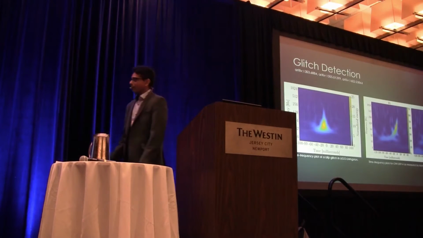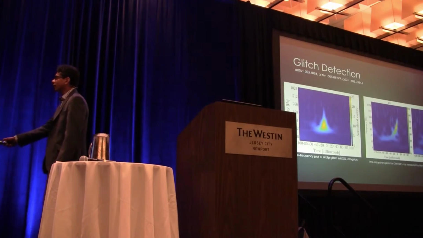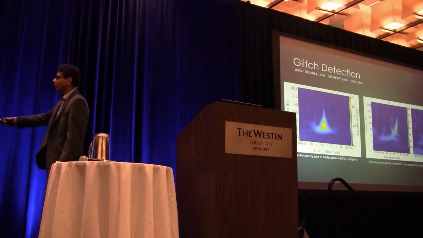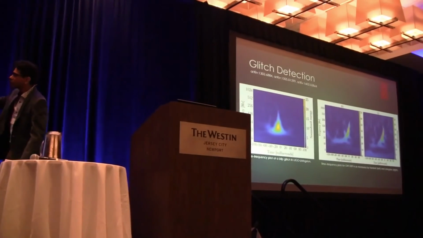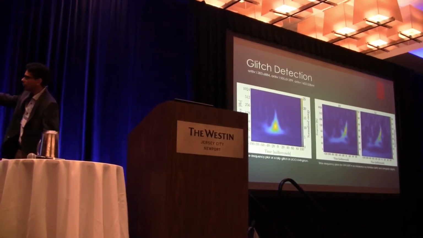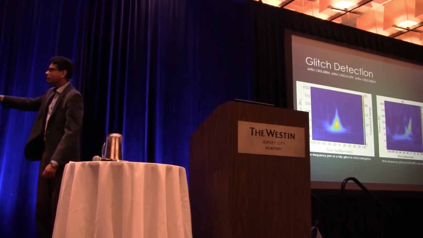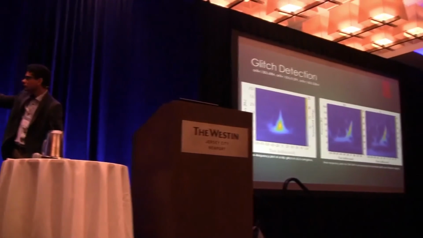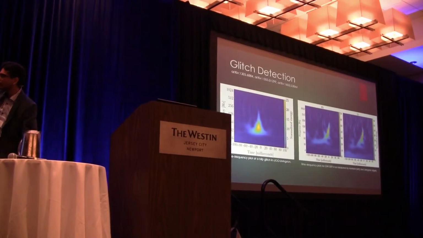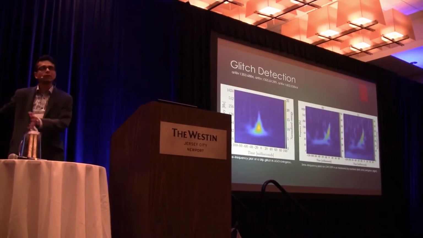So just to give you an idea what they look like, here I have the actual gravitational wave signal that was detected by LIGO. It's a very typical signal. You see as the time goes by, the frequency increases. And these are the detectors. They are pretty much coherent and they look like gravitational waves. And this is a transient, it's called a blip. You can see that it's slightly different from the two signatures that we have over here, because this is like symmetric, while gravitational waves we don't expect to be symmetric. So this is just one example.